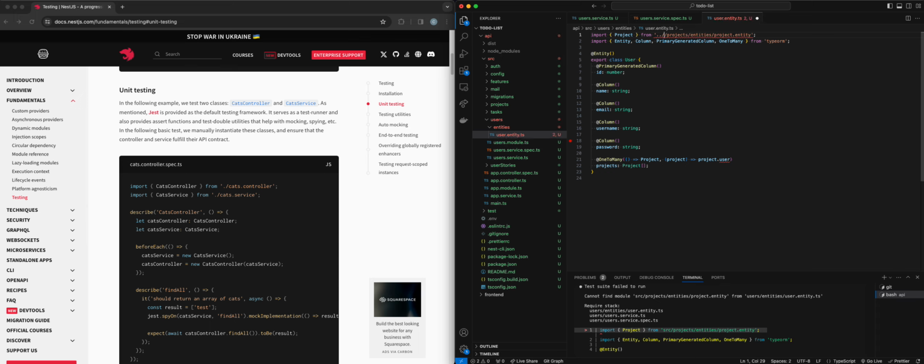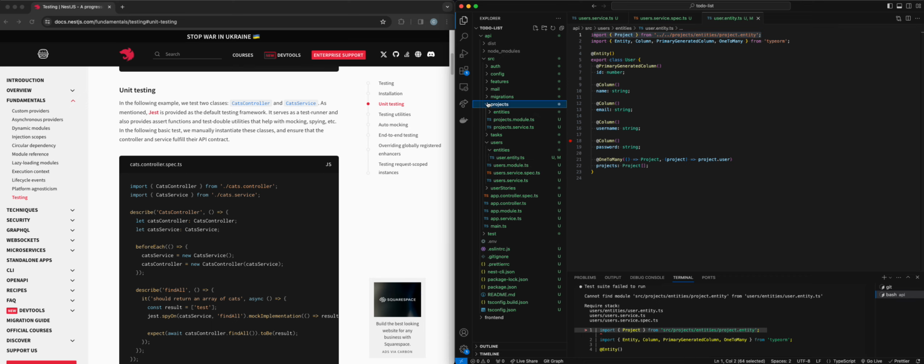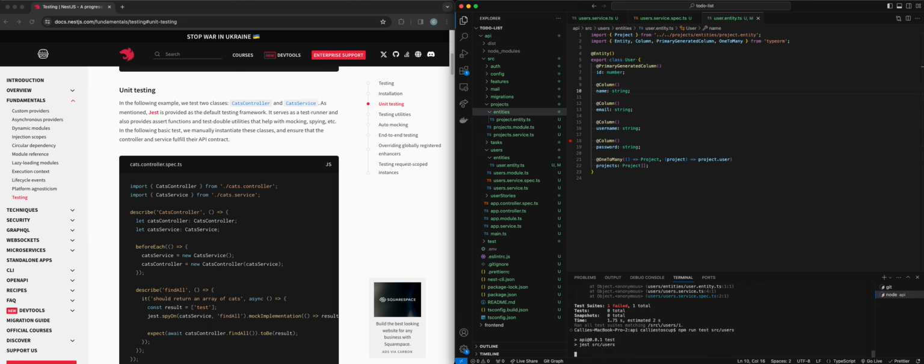So we actually just want to change that and write it like this, where we are saying that the project folder is going to be two folders up, and then it's going to be within the projects folder, then within the entities folder, and then it's there. We're saying the path in relation to the user's folder versus saying it's just in the source folder. Okay, so now I saved it. If I rerun that,